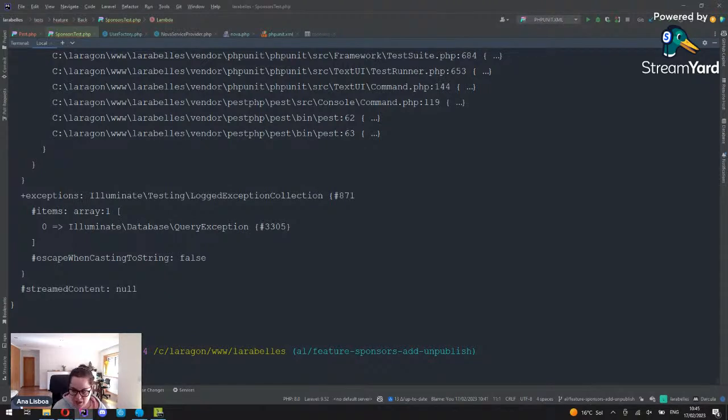Oh, this is my alarm. Let's just see how this command writes. Then